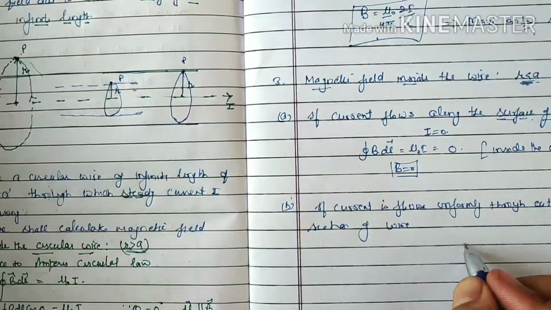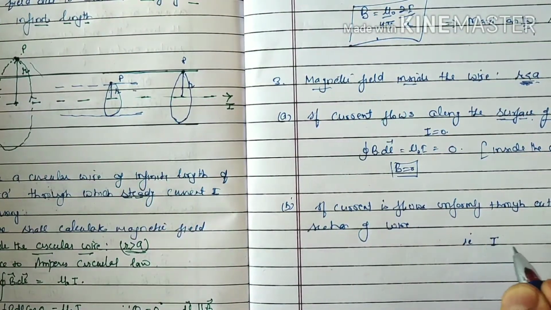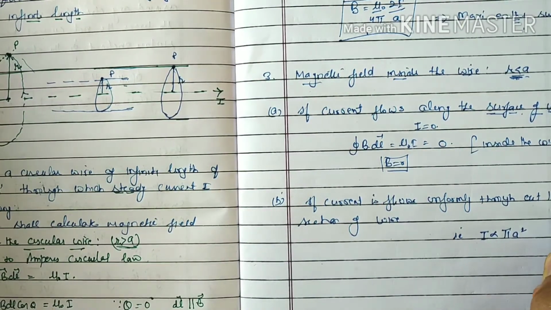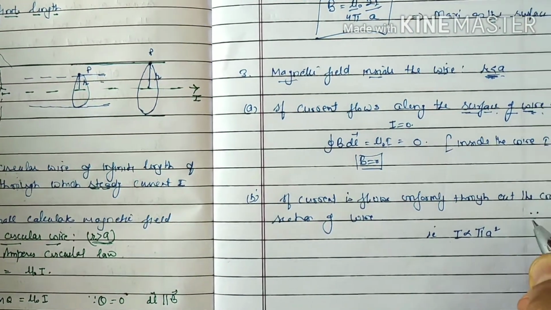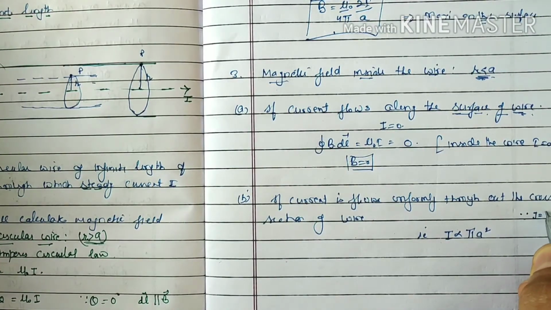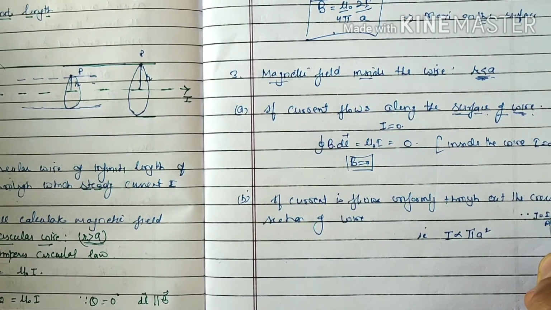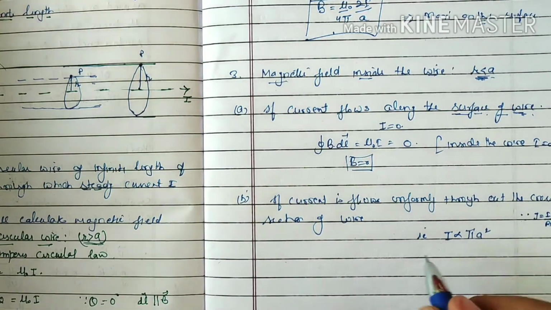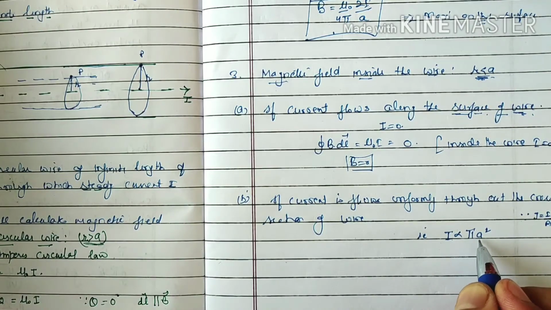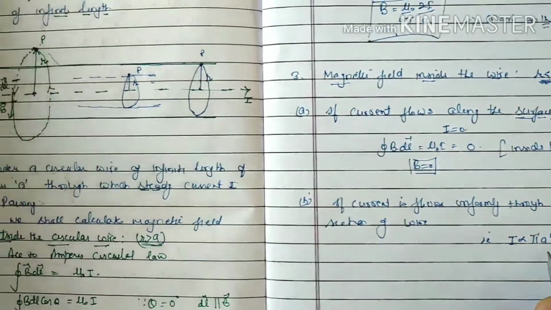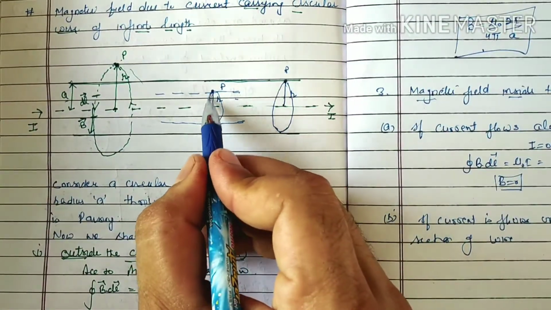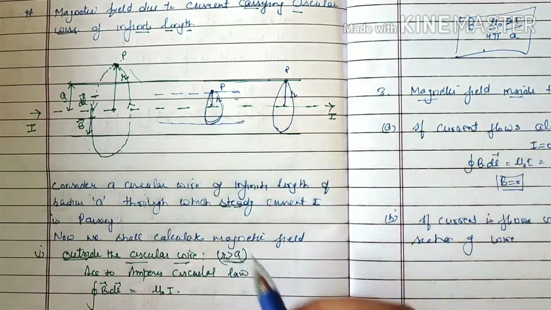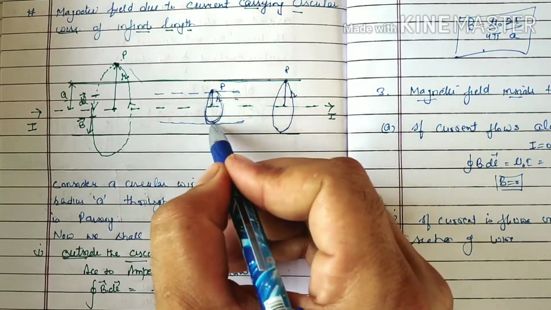We can say that I is directly proportional to pi a square, because we know the current density J is equal to I over A. So we can say that I is directly proportional to A. We are not talking about the current density here. So I is directly proportional to pi a square. But the current through the cross-sectional area of radius r is not the same. The current is different because the radius, and so its area, has changed.